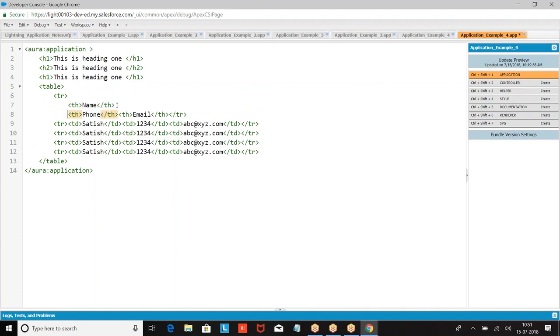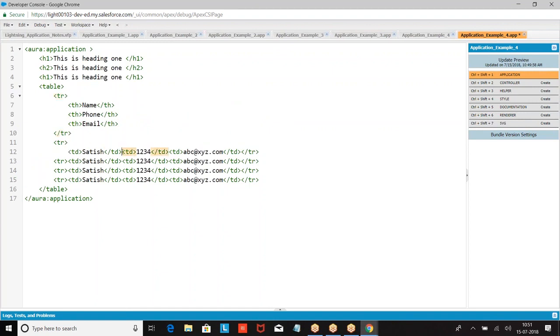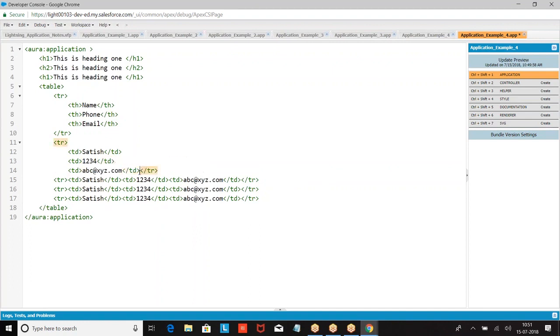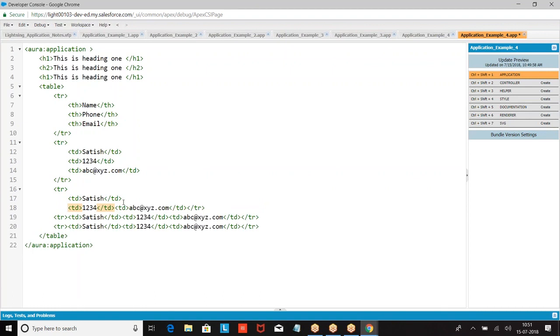And what is the purpose of TH? With this we are giving the heading for the column. So we have a table. In the first row we have headings. In the second row we have data, with TD. The basic elements which we are going to use are just given.